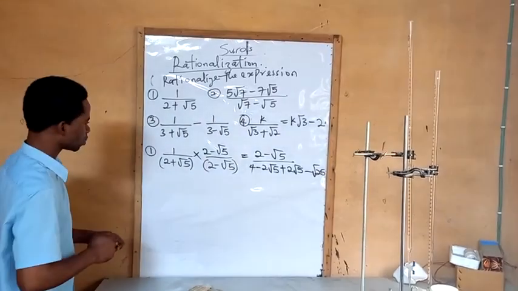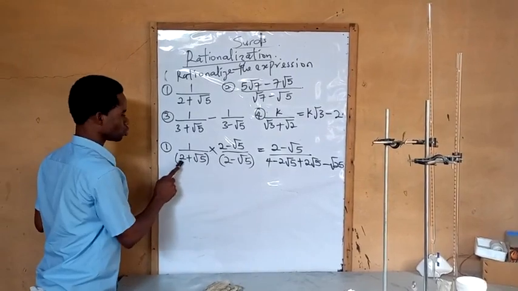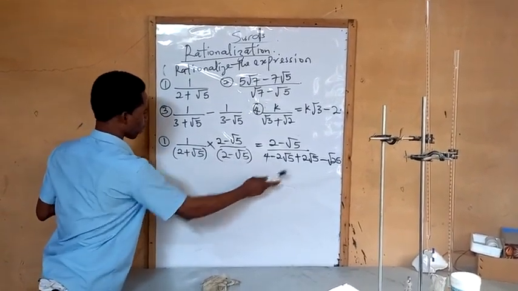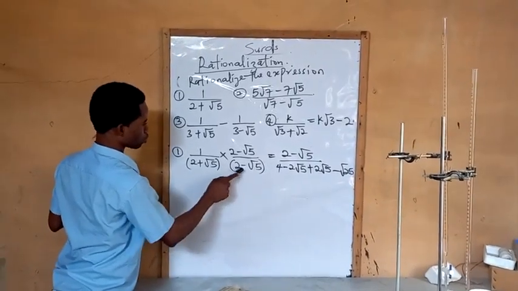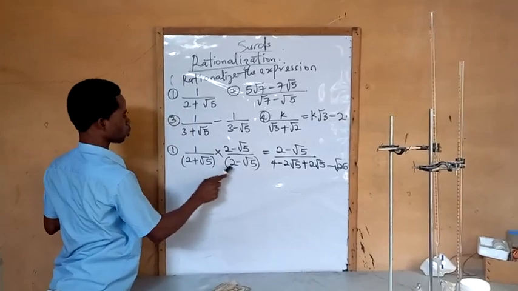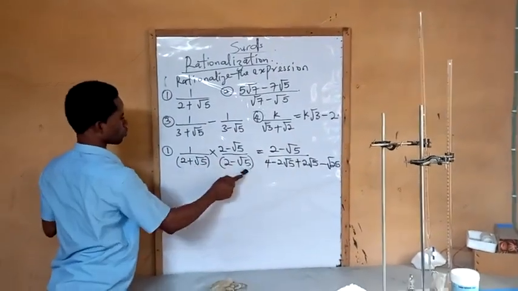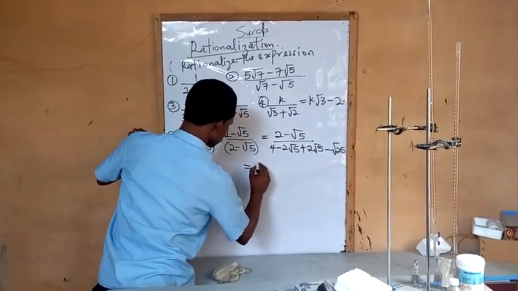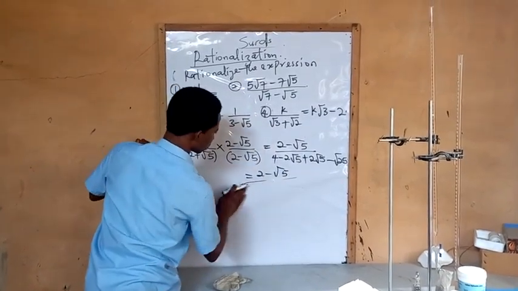I hope you understood. You understand that I use this one to multiply the 2: 2 times 2, 4. 2 times minus root 5, minus 2 root 5. Root 5 times 2, you see plus 2 root 5. I use this one also to multiply the root 5: plus times minus, minus root 5 times root 5, root 25. Now when you have this, that is 2 minus root 5 all over